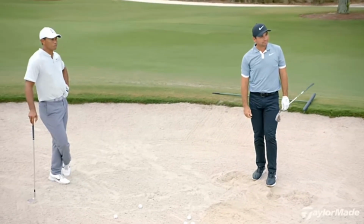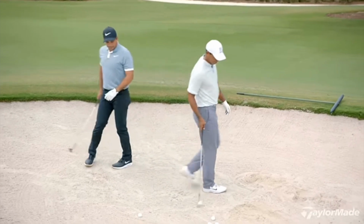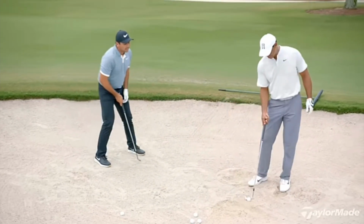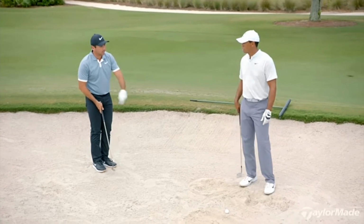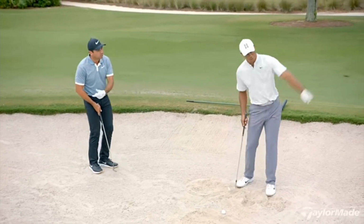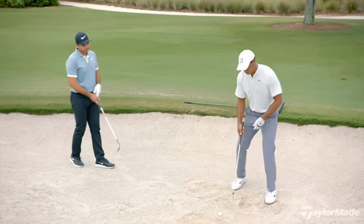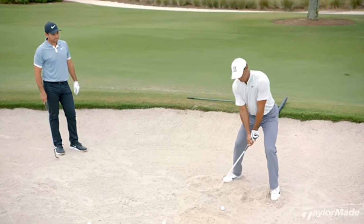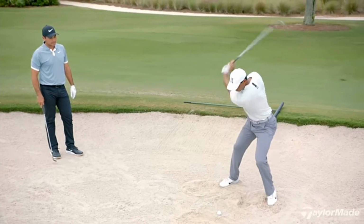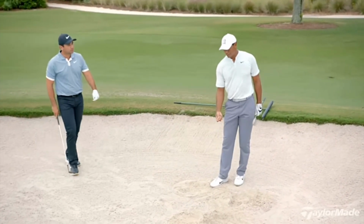That's awesome. And what's interesting about your motion is how high you finish. Well, you know what the big thing for me is, I want to be as aggressive and as positive as I can through the hitting zone. Yeah. You know what I mean? I try and finish really high because I'm trying to hit that big high cut. Got it. It's interesting because I try to hit it higher. Yeah. I just let it go a little bit faster with my right hand. Yeah. You see how short your...